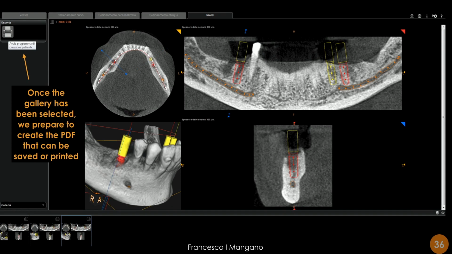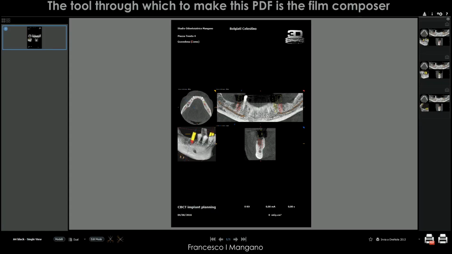Once the gallery has been selected, we can prepare to the creation of the PDF that can be saved and also printed in a very elegant way, particularly if the dental clinic has a color printer available,